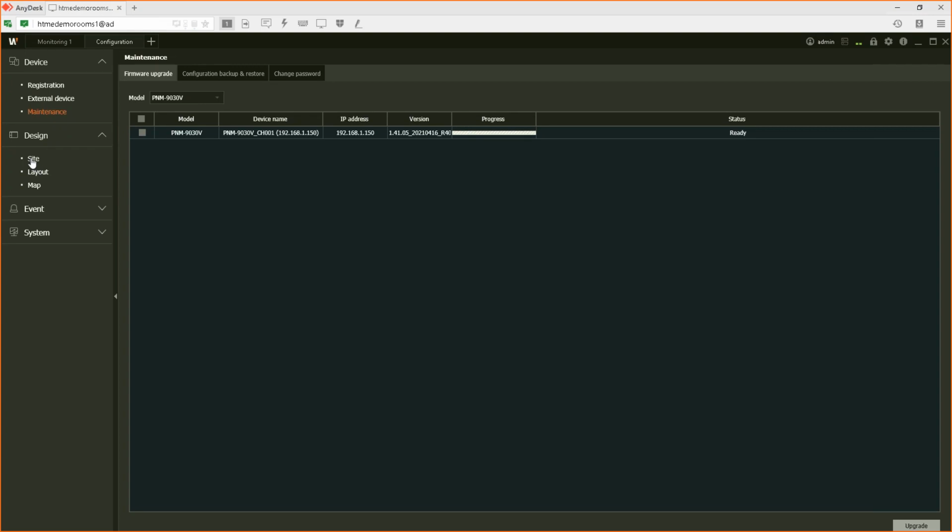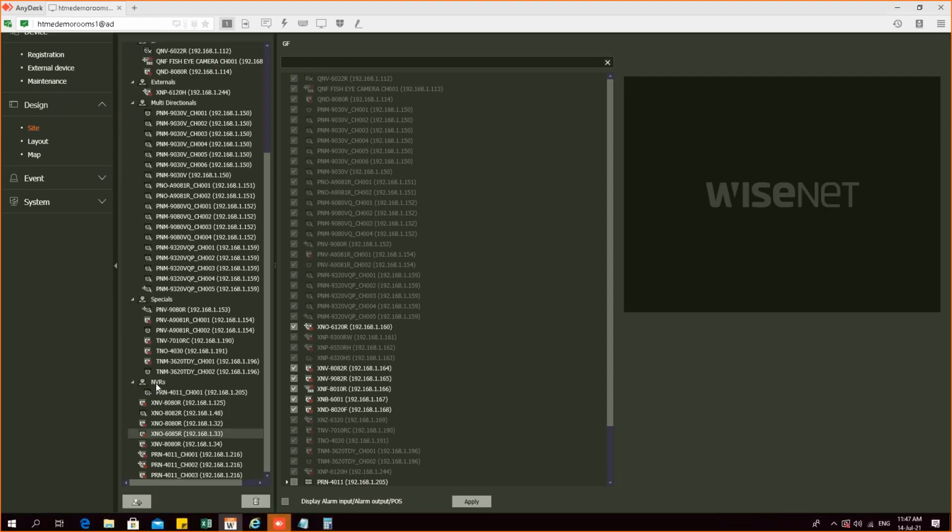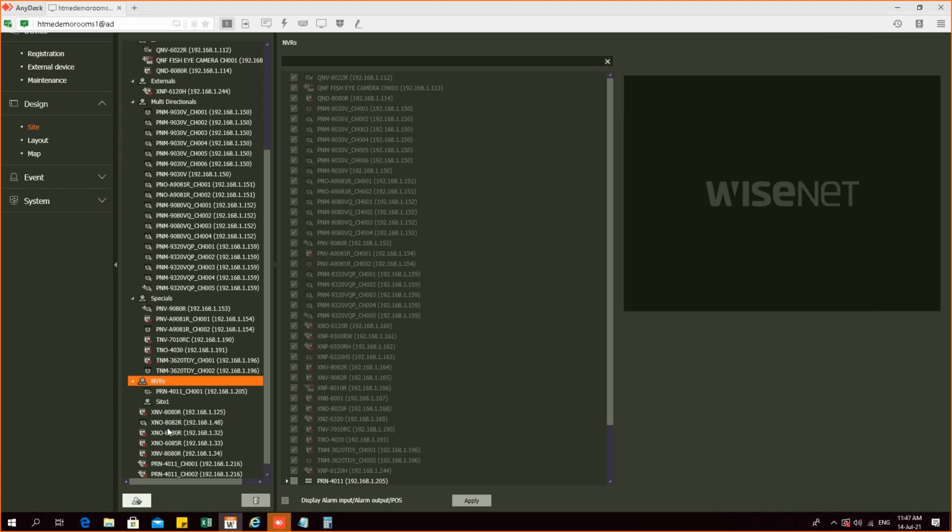That's okay. We'll just go to the main points. Site: you can group cameras by site, like first floor, ground floor. You can have sub sites. For example, under NVR, I can create another sub site. Under the sub site, I can create one more sub site. So you can create that as you require.